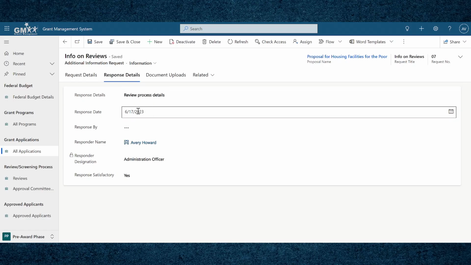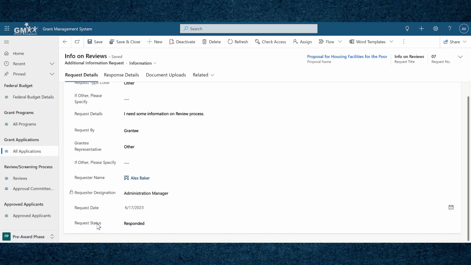So our next tab is the document uploads tab. This tab is quite self-explanatory, and I've used the same entity and subgrid here that I had used in my requests and responses form for the document upload section. So I'm not going to go into detail, as this is the same form and subgrid, and it has already been explained in the requests and responses tab.